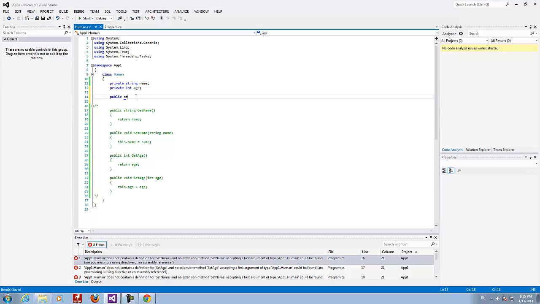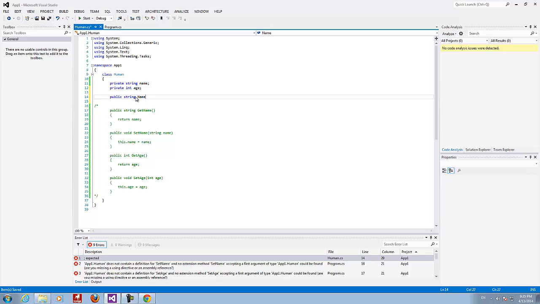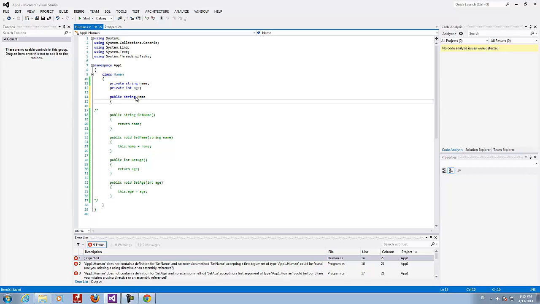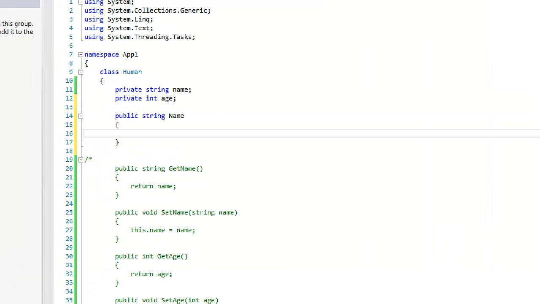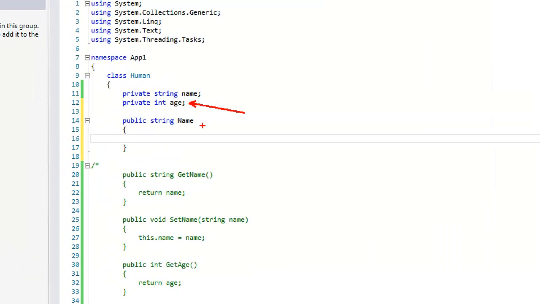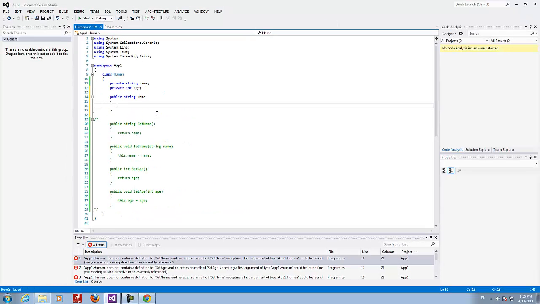Okay, so let me show you that. Public string Name. Look, I'm not gonna put parentheses here because this is a property, so it looks almost like a field, but we have curly brackets, and inside I'm gonna define getters and setters.